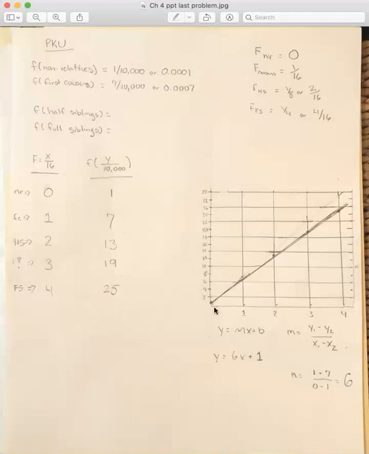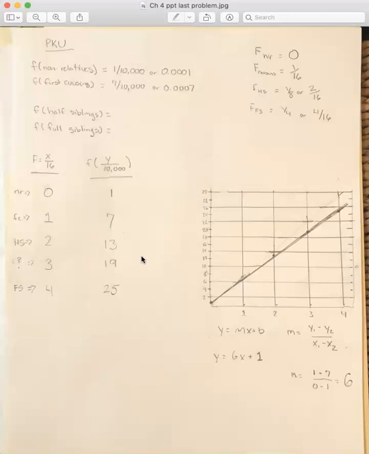Another way that you can do it if you don't want to use the equations, and for me this seems the most straightforward, is you just look at, okay, going from 0 to 1, you increase by 6. So you're going to increase the 1 by 6, that equals 7. Going from 1 to 2, add 6 again here, that's 13. Going from 2 to 3, we don't know what that inbreeding coefficient is, but so that we can do it in incremental steps, you add 6 here, that equals 19. From 3 to 4, add 6, that equals 25 over here.